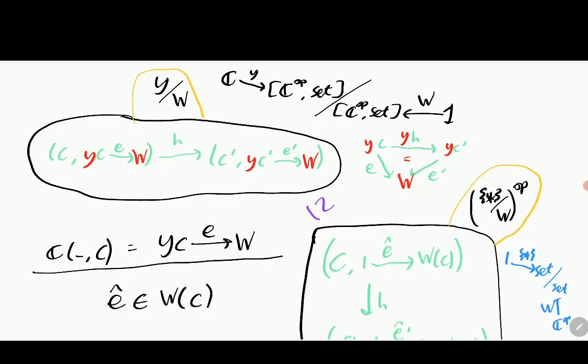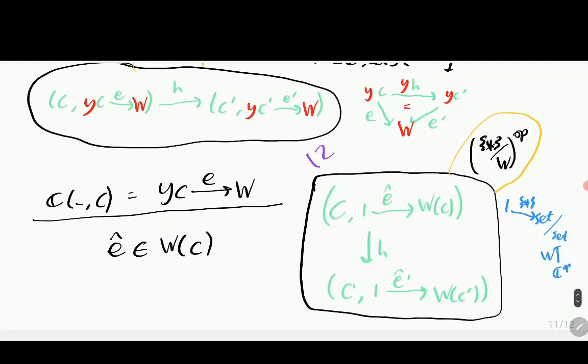And the key to this is the Yoneda lemma, because what's an object in Y slice W? Well, it's basically going to be a natural transformation E from this hom functor here into W. And whenever you see a natural transformation coming out of a hom functor, you should get a Japanese voice in your head that says, Yoneda, transform this into a form of elements. So that's what we'll do. We apply the Yoneda lemma, and we see that this kind of natural transformation is equivalent to this element E hat of W of C, where this is given by